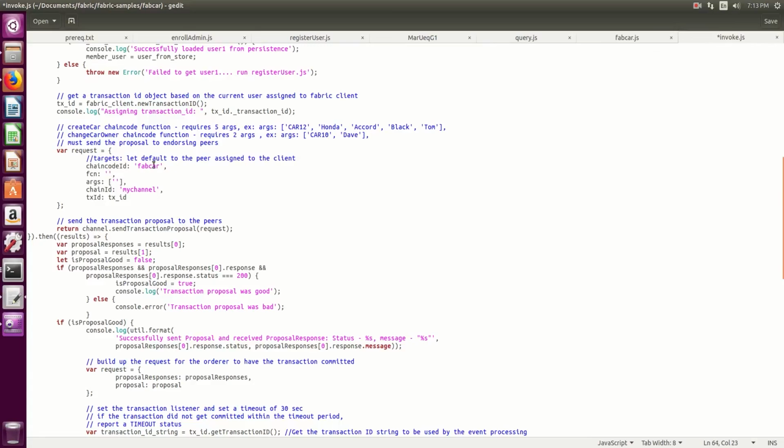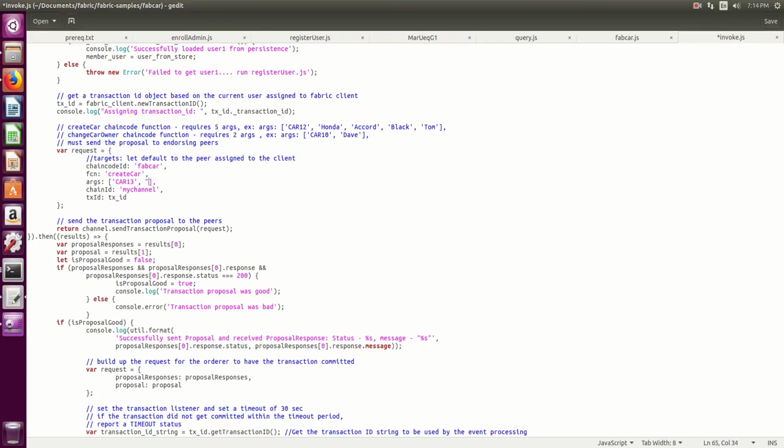Okay, so the error is we are not requesting any function here, right? Because we're using the chain code here. The function you see right here is empty. So we need to update this, and let's try to create a car first. Let's put a new car on the network. Okay, so we're gonna use the create car function here. And let's name our car